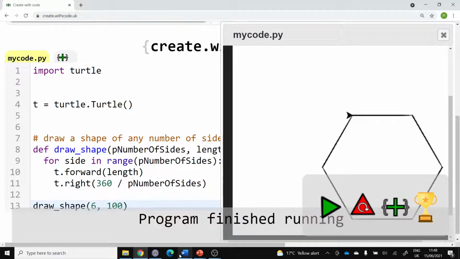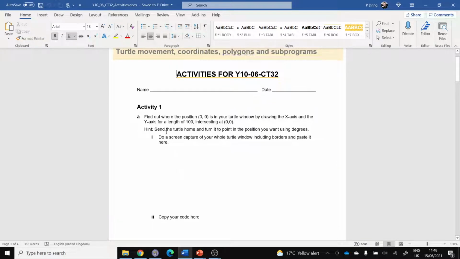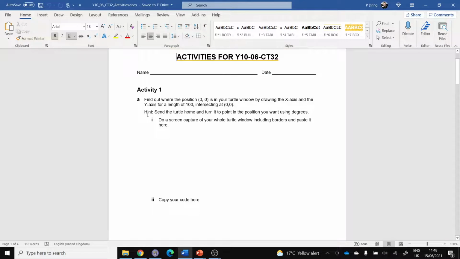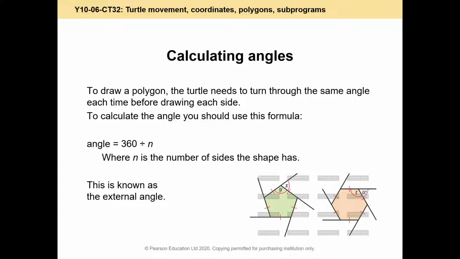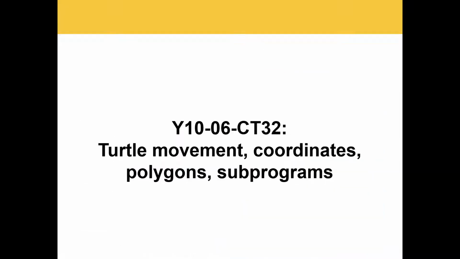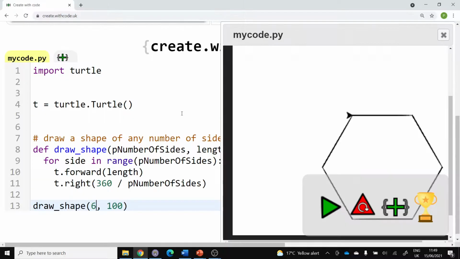Awesome. Okay, so today we are working through CT32, and it's saying, to begin with, just experimenting with coordinates. So for this, you're going to just need to know how to set to a particular position. So turtle.setPos, X and Y, means we can teleport anywhere that we like. So I'm going to kind of add this in,